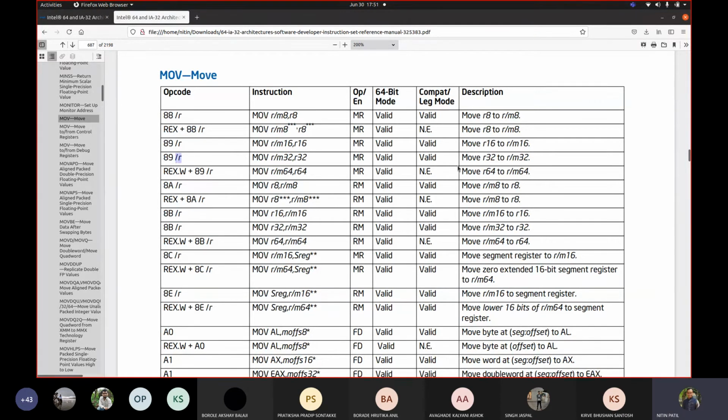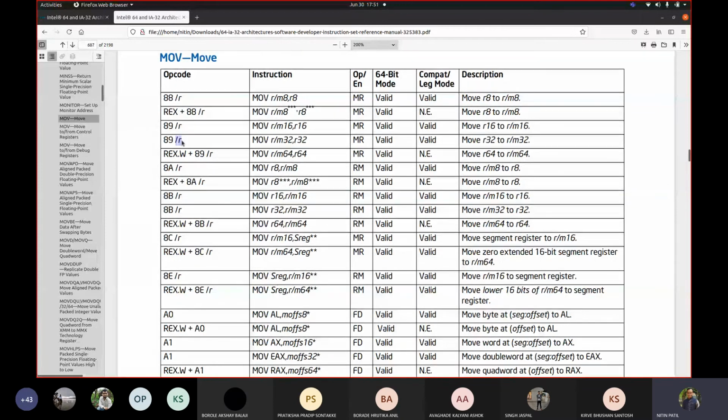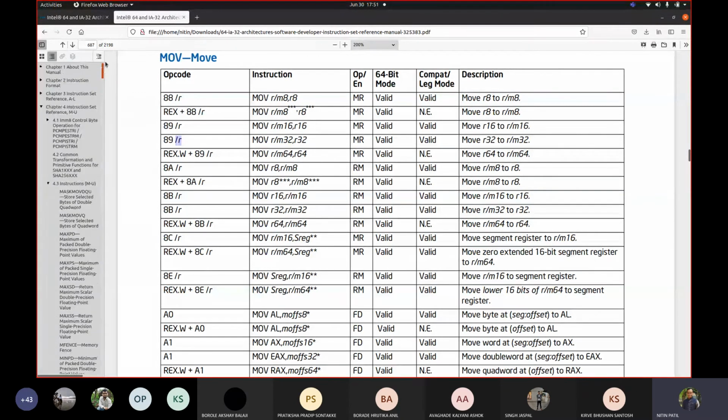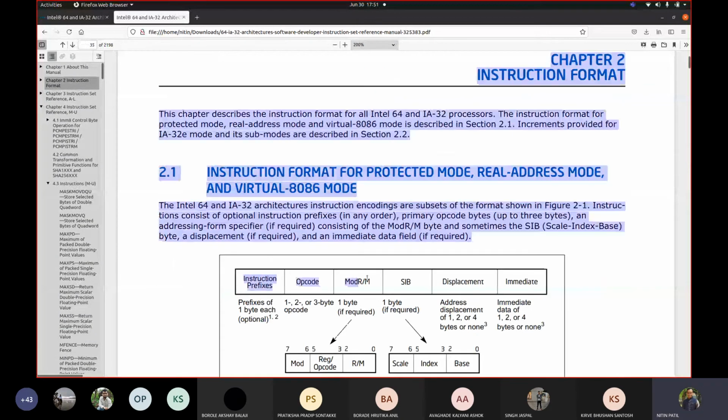In this kind of table, for every such instruction, if I go to another instruction, I will see a similar table. So you will see /r. Wherever you see /r, this /r tells us that another byte is to be used, and that byte is called the ModRM byte. That /r means what? ModRM byte. Fine. Okay.